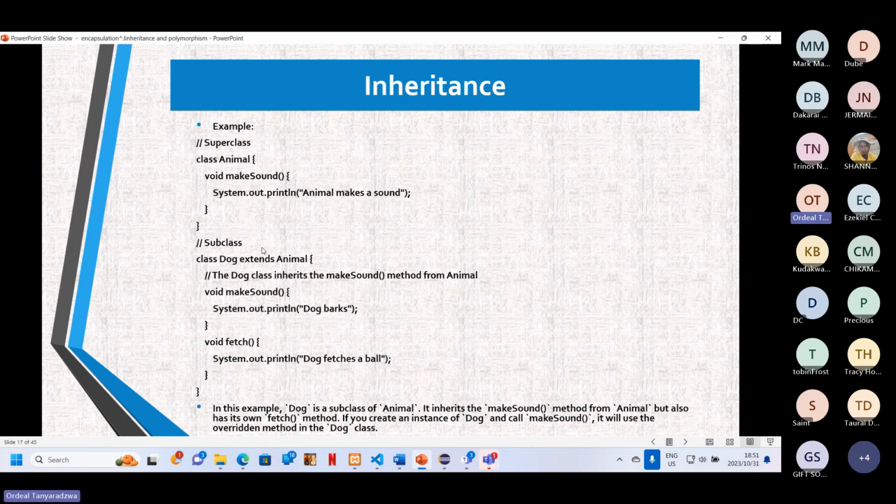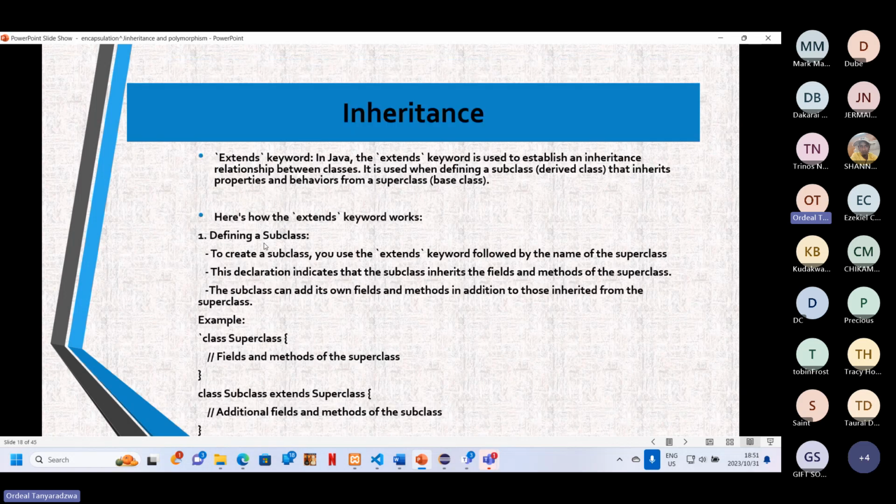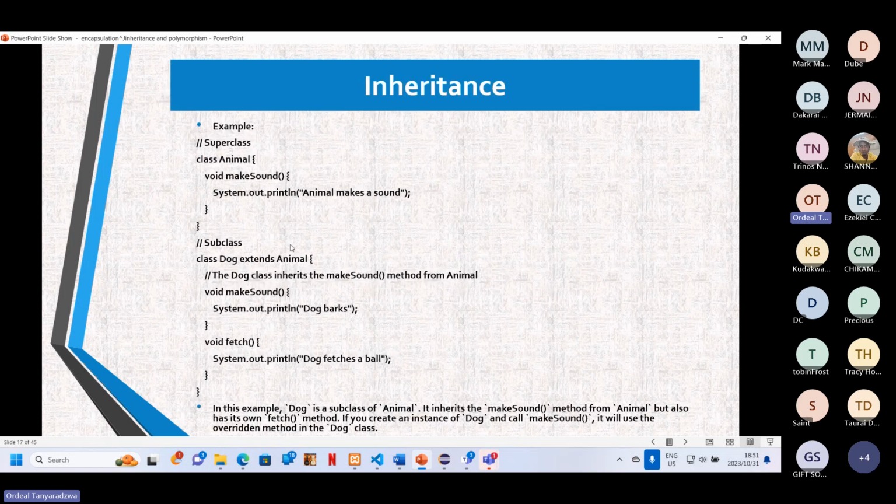Then there's a subclass, Dog, which extends the class Animal, and the Dog class inherits the makeSound method from Animal. So void makeSound, System.out.println "Dog barks". It's the same method that is in class Animal,